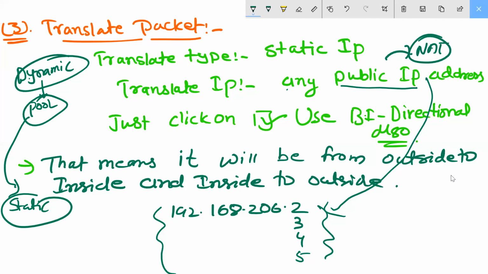Here in this dynamic IP it is not required, because that is coming only in the static part. Should I save it? Yes, then save, and commit there.